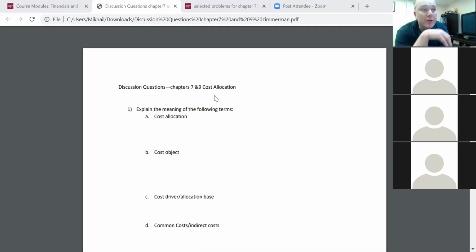I personally ran into this issue in my program because we have an undergraduate program and we have a graduate program, right? We have an undergrad business and we have a grad MBA. Today we probably have, I'd say, 500 undergraduate students and about 600 graduate students. I don't even know what those numbers are anymore. The problem is that with the undergraduate, the tuition is half of the graduate.